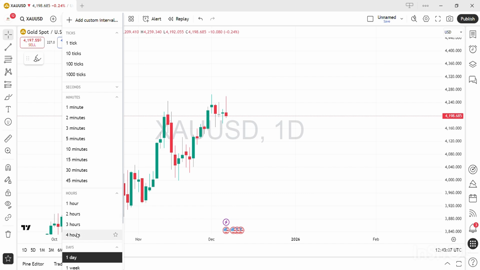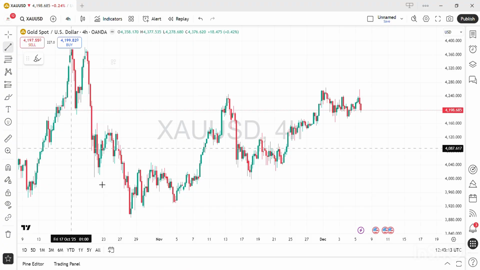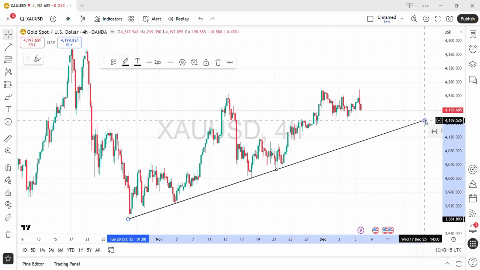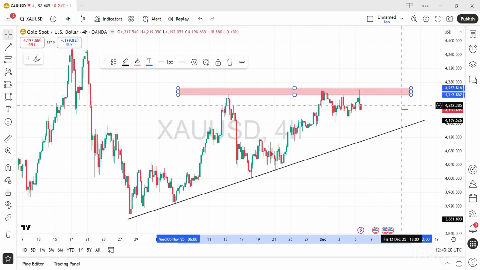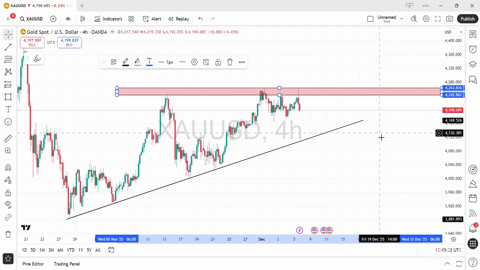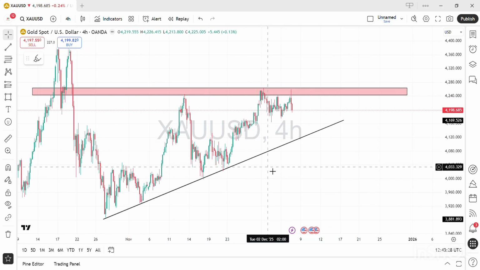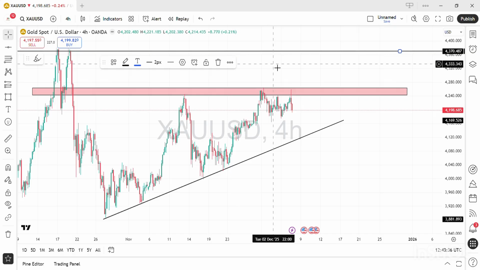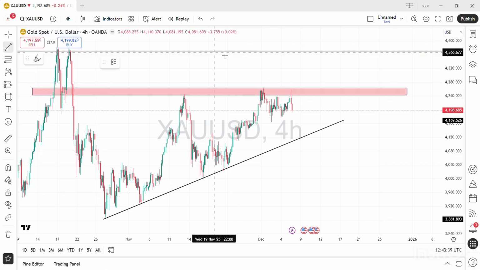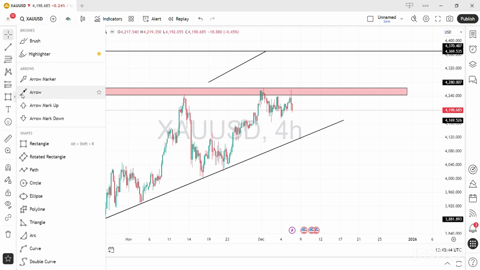Okay, so let's move to H4 so we can find out the final verdict of the gold. So should we sell or buy it? Again the trend line, just like that, and once again the zone. In this trend line you can find that this is a triangle pattern. This is a rising triangle pattern. Why rising? Let me show you with the help of an example. In a rising triangle pattern, the upper surface remains constant. Constant means there is no new high on the surface, and the lower trend line moves up just like that.